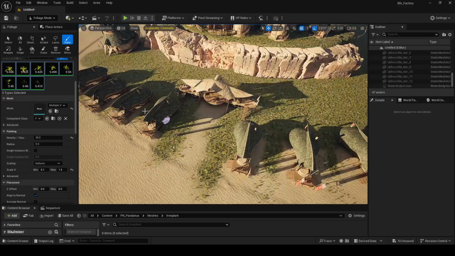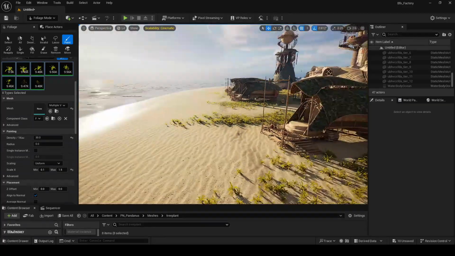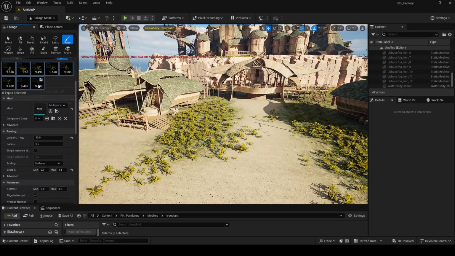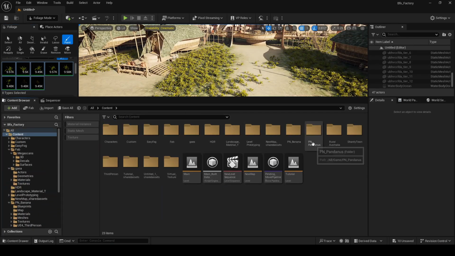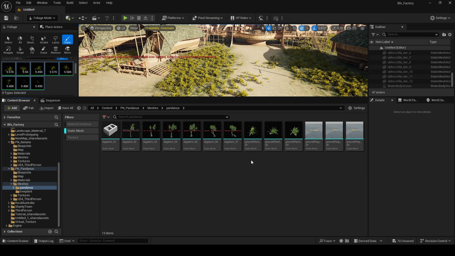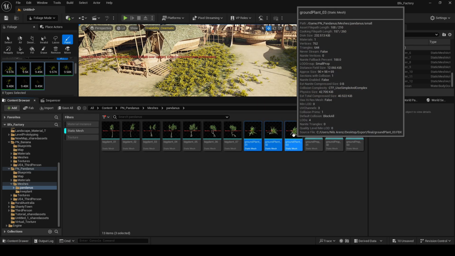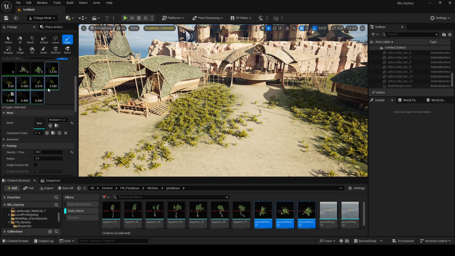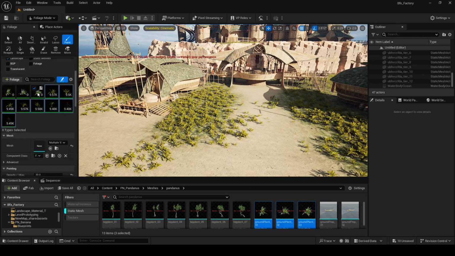Okay, you can see this is okay for me now. Now let's deselect this all, and we will add one more medium plant. So open that same folder and go here, and just open the starting mesh, and these three plants I'm going to add now. So this will be the medium plant. Just medium plant, not too much medium. So drag and drop, the same process, select this all, and